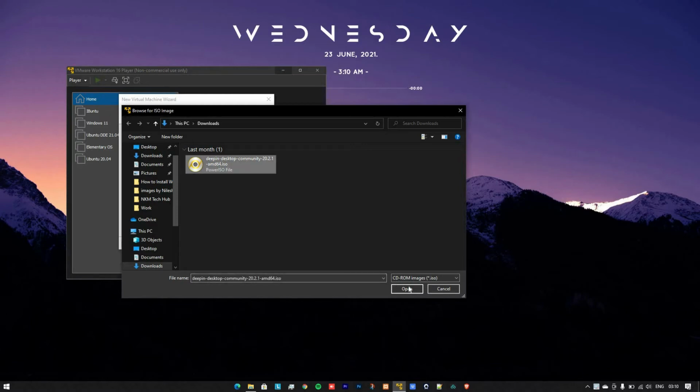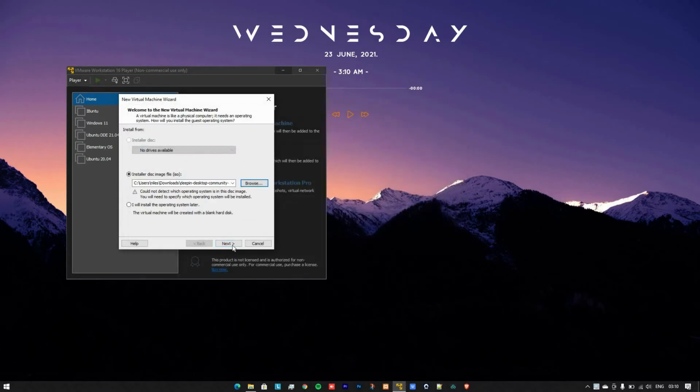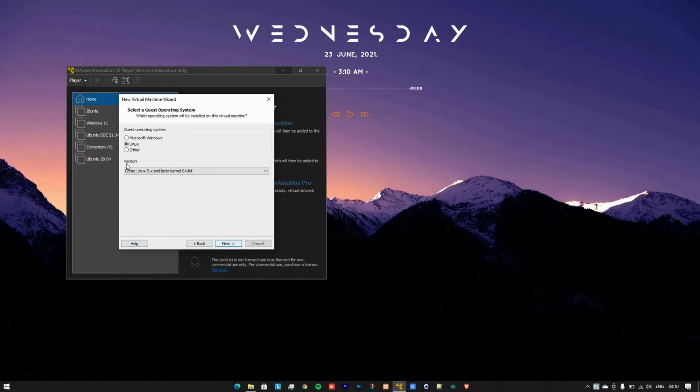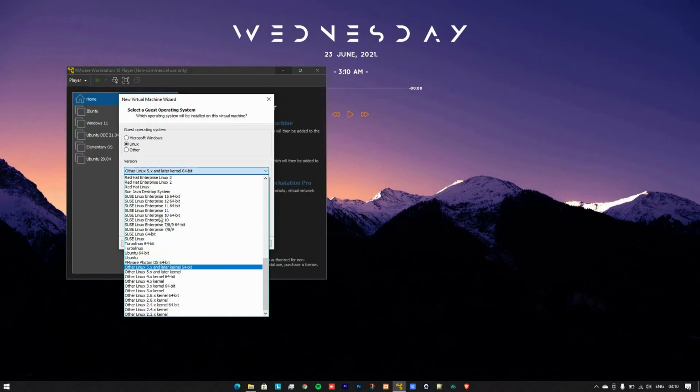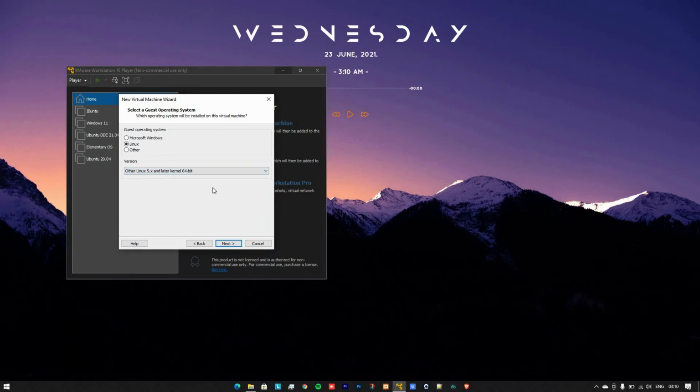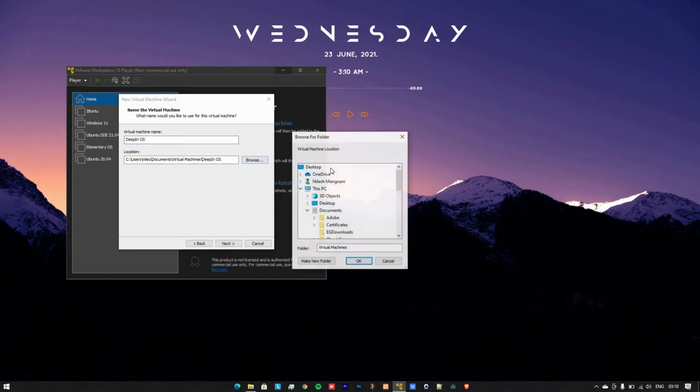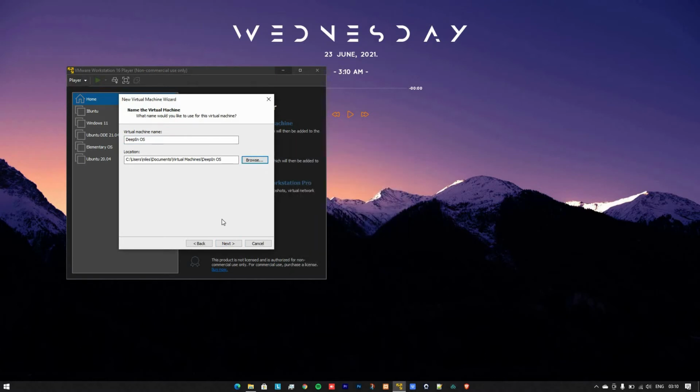So here I will select my ISO file and then I will click on next, and here I will select Linux and select the option Other Linux 5.x and later kernel 64-bit. And after that I will click on next, and here I will give my operating system a name. And if you want to change the location, you can do it from here, but for me this location is okay. And after that I will click on next,